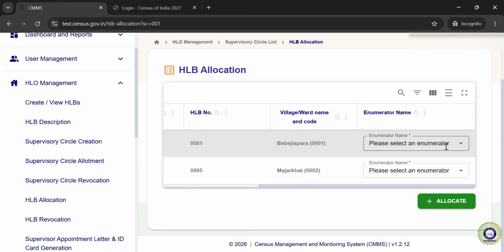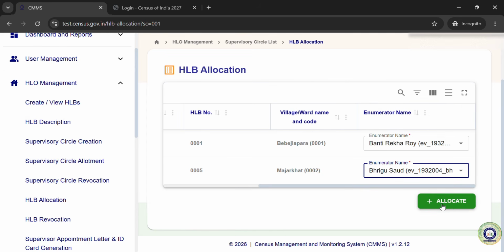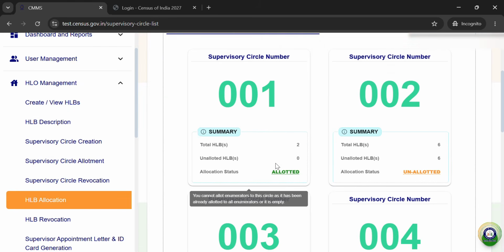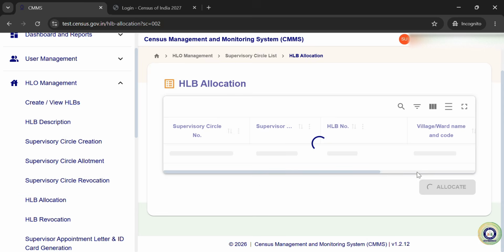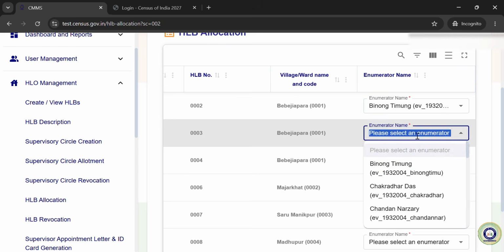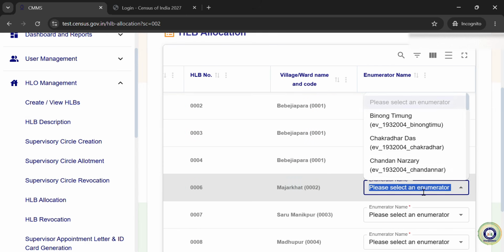I will move to the right, and from the drop down I will select the first enumerator and I will allocate it. Okay, as you can see, unallocated is 0 and status becomes allocated, meaning out of 2 we have allocated all the 2 HLBs. So unallocated HLB is 0, our status is allocated. For our second supervisor circle, here I will click on the unallocated and then I will allocate it, right? Let's say one enumerator we can give 2 HLBs also,